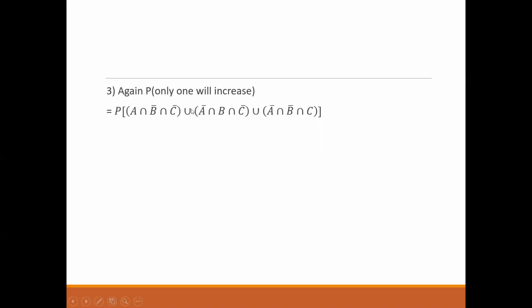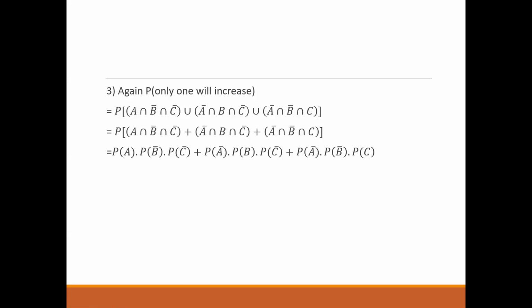Now we have the OR here. So this is an OR condition. So here B is increasing, whereas A and C are not going to increase. Or we have C is going to increase and A and B not going to increase. So this can be written like this. For OR, you remember, we use plus. And for AND, we are going to make use of multiplication. So this whole thing will look like this.